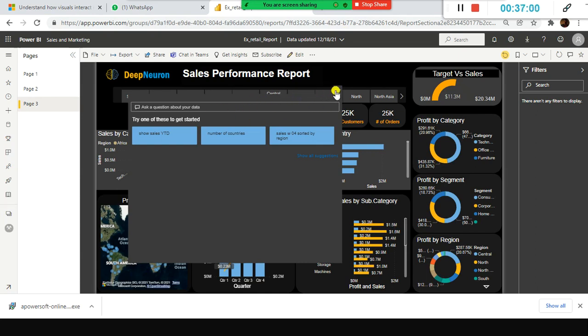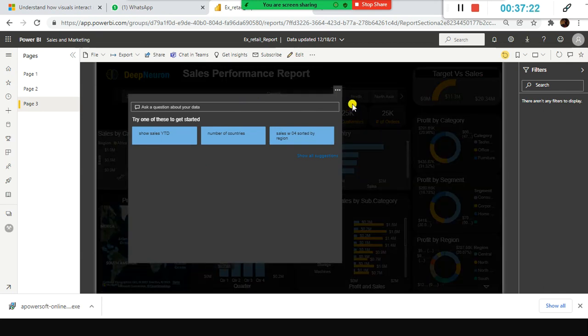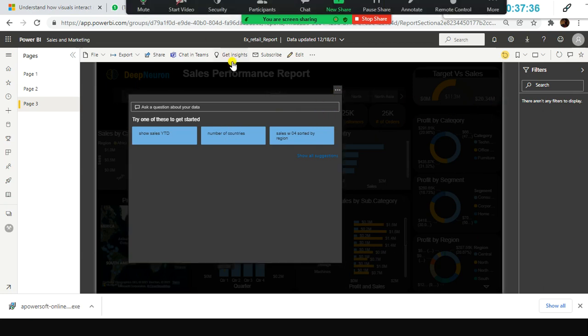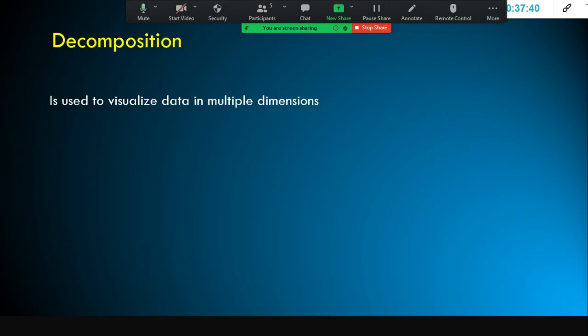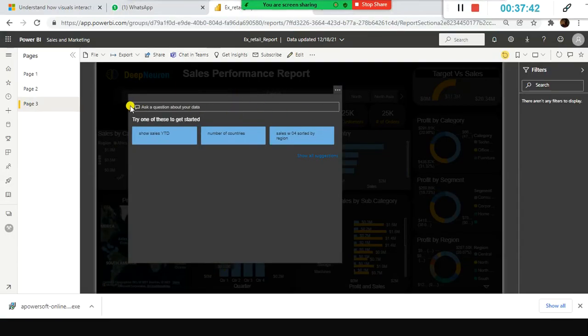Look here, it's already open, right? One second. So this is the one I published. When I want to get insights, spotlight, everything, a lot of features are available with this one. It's a fantastic feature. I'll just show you here, and I'm not able to move this one. Okay, one second.